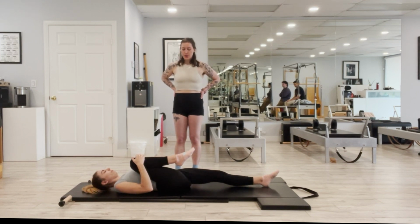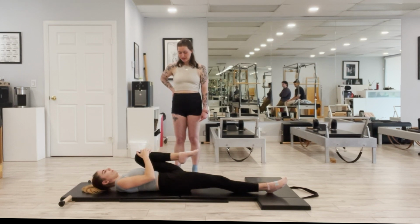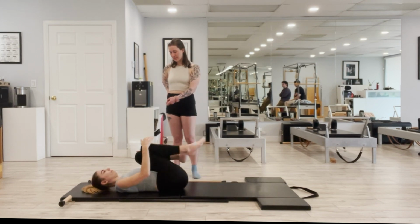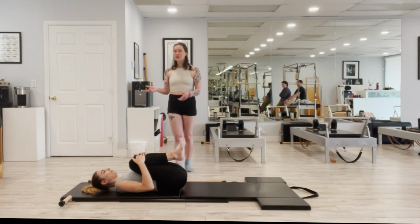And breathing, and then switch. Really nice. And then hug both knees into your chest. We're gonna make this a little bit more active because that's all looking and feeling pretty good for you. If that felt like it about your limit, you can either rest here or you can repeat just with the